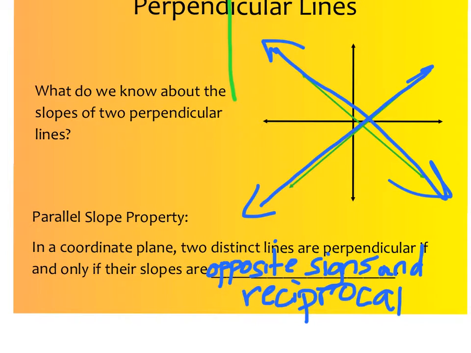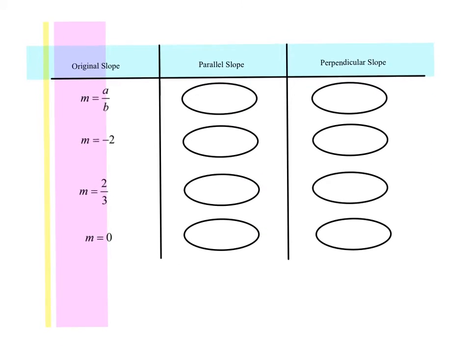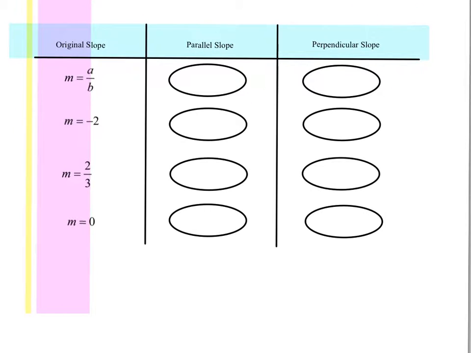So if the slope of this one is 2/3, the slope of this perpendicular line would be -3/2. So now let's do a couple of examples of this slide in your documents. What I would like you to do is in each blank write down in this column the parallel slope. In other words, give me two lines like L parallel to M. What would be the measure of the slope of M if L is this? And then give me the